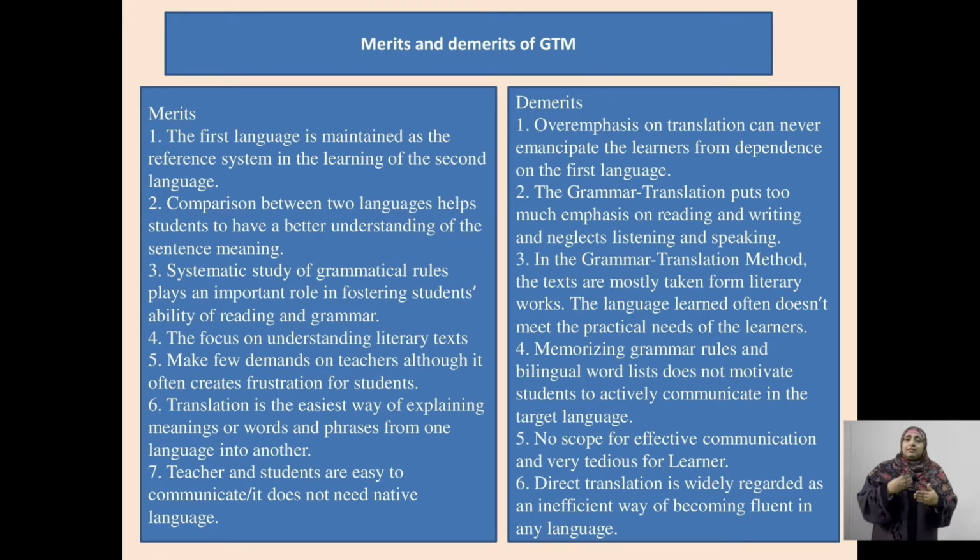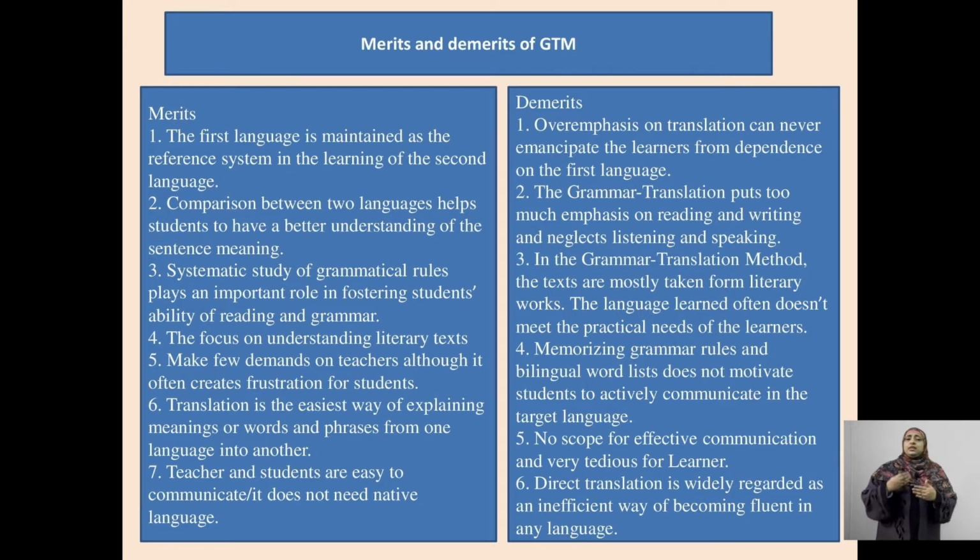That is, they say the first language, that is the native language, mother tongue, will be helping to acquire the second language, because the child will understand very well in the mother tongue. When he gets the concept, then he will acquire the second language. Apart from this, learners will be able to compare the two languages, that is the mother tongue and the target language, which will help the students to have the better understanding of the sentence meanings. What the words or sentences are conveying the meaning, the learners can understand in the better way.